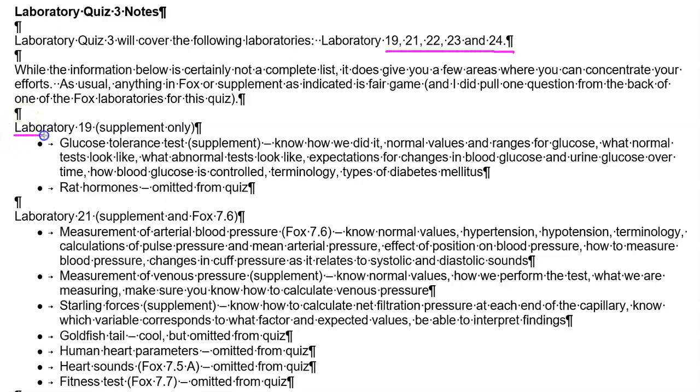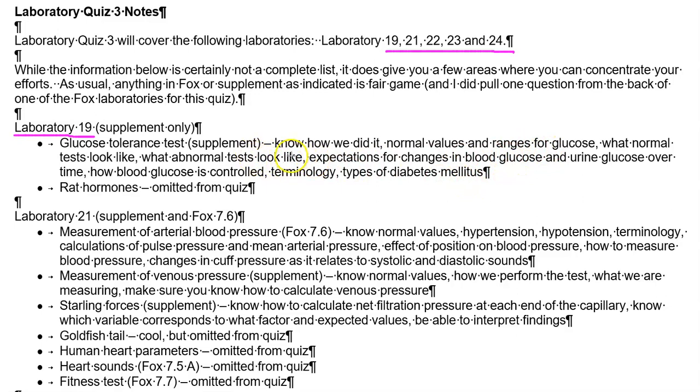So lab 19, remember that's the supplement only. There's no Fox correlate. So just look at the information in the supplement. That's where we did the glucose tolerance test. So know how we did it. Ate a whole bunch of jelly beans, measured glucose initially before eating the beans, and then every half hour after that. You know where the normal ranges for glucose and the values, what the tests look like, what's an abnormal